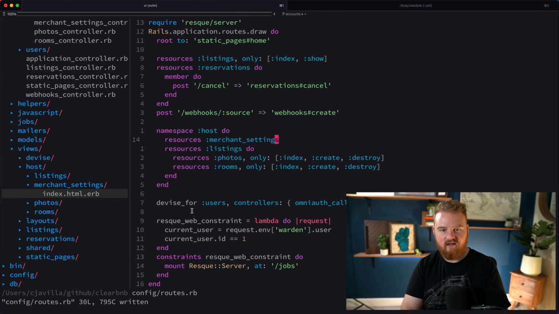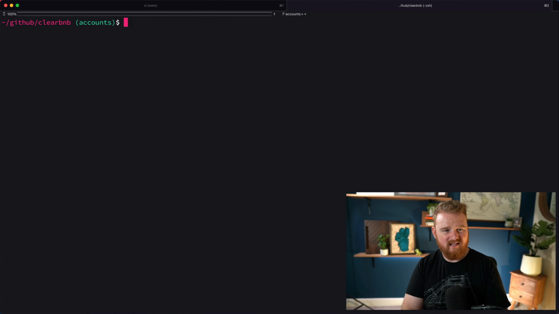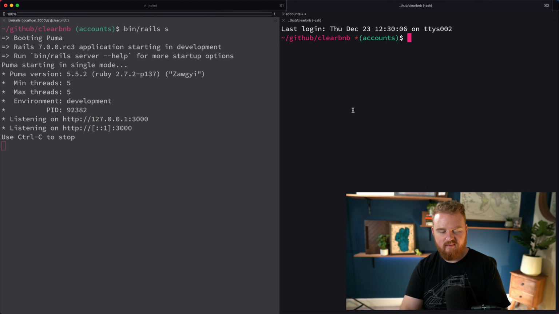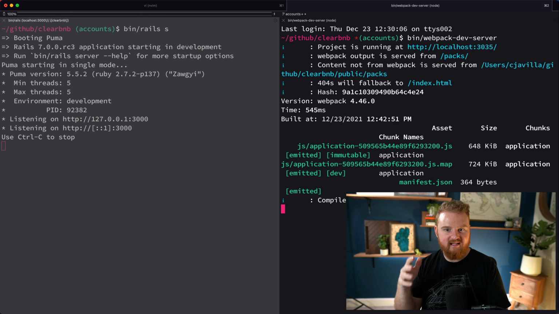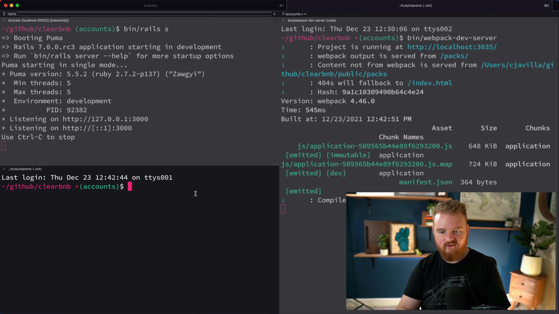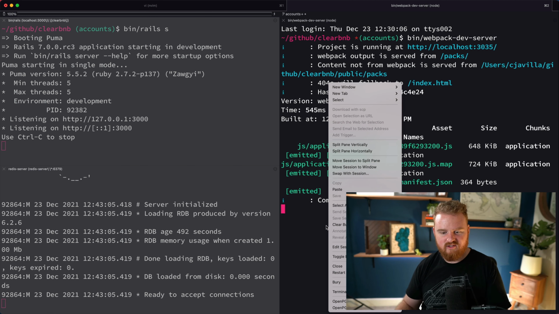And we've got to start up all of our stuff. So we're going to say bin Rails S, so that's going to start our Rails server. And then we also need to start up our bin Webpack dev server. I started to play around with ES build. I still haven't gotten it. I need to go through the whole process of figuring out some security settings and things, but it's close. All right, so then we also need to start our Redis server, and we also need to start,